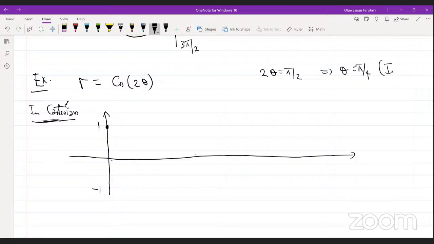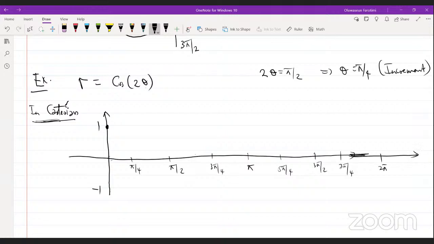So this tells me the increments. So I'm calibrating in pi over 4. This next guy becomes pi over 2, 3 pi over 4, I get my pi, 5 pi over 4, 3 pi over 2, 7 pi over 4,